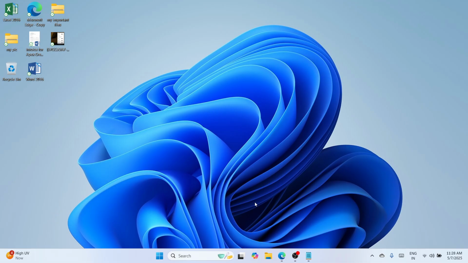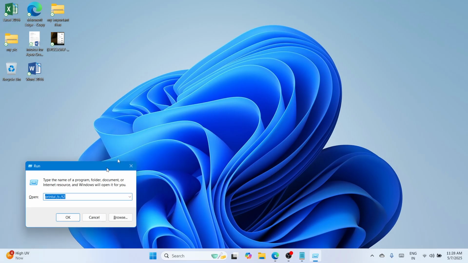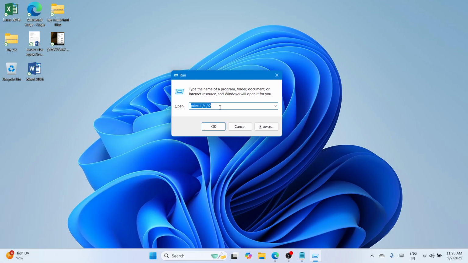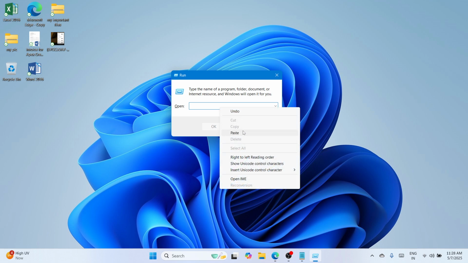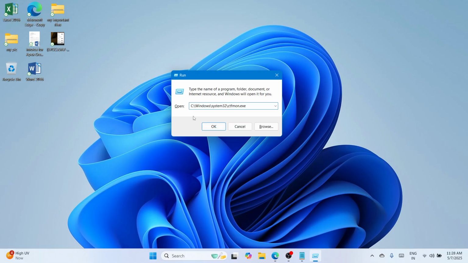Now firstly, you need to navigate to the description box below. You would be able to see a command there that has been pasted. Please copy it. Once you have copied it, proceed to the keyboard, press Windows key and R key together, and in that way you would be able to bring up a small window called Run. Here, you need to right click, go with the paste icon, and once you have pasted this command, which is